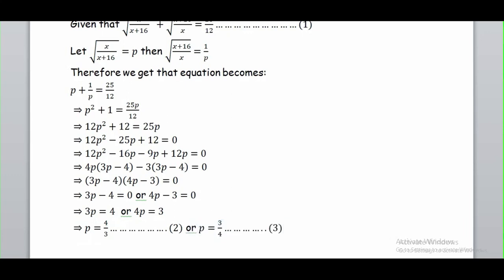And look here, these are the values of p, that is p equal to 4 by 3 and p equal to 3 by 4. So we are supposed to calculate the value of x, but we have found the value of p. Therefore we will have to consider these two cases as the value of p and find out the value of x. Taking equation 2 into consideration, we will get